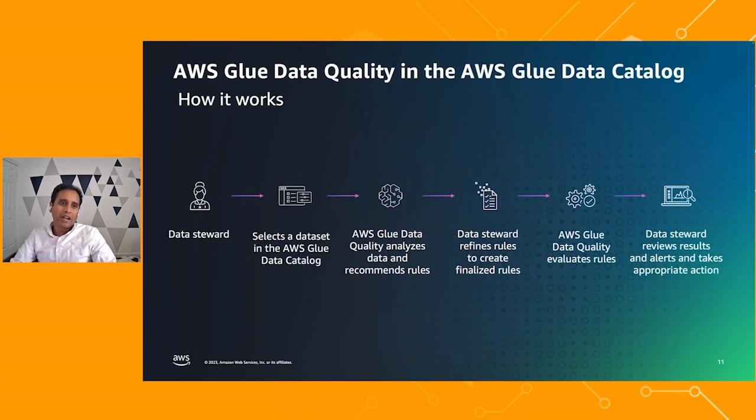So let's first look at how Glue data quality works in the data catalog. Imagine you're a data steward. You would go in there. You would select a table in Glue data catalog. You would click on create rules, and over there you have the recommendation button. You click the recommendation button. We would start analyzing the rules. As you're browsing through a bunch of data quality rules, we would analyze all the data, and we will come back to you with a first draft version of these rules. You review those rules one by one, adjust thresholds if you need to, add additional data quality rules.